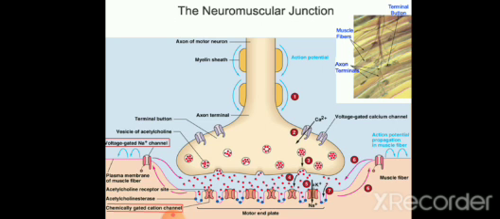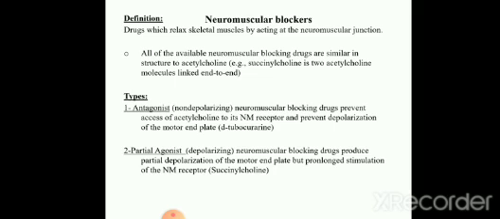What are these neuromuscular blockers and what are their types? Before going into it, you should remember what a neuromuscular junction is. You already studied this in your physiology. There is a release of acetylcholine which acts on NM type of receptors, which results in opening of sodium channels, which results in muscle contraction. This place is called the neuromuscular junction, and the drugs which act through this area and block the skeletal muscle actions are considered to be neuromuscular blockers.